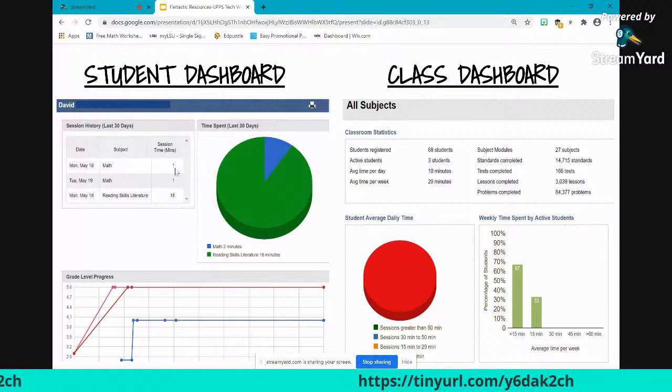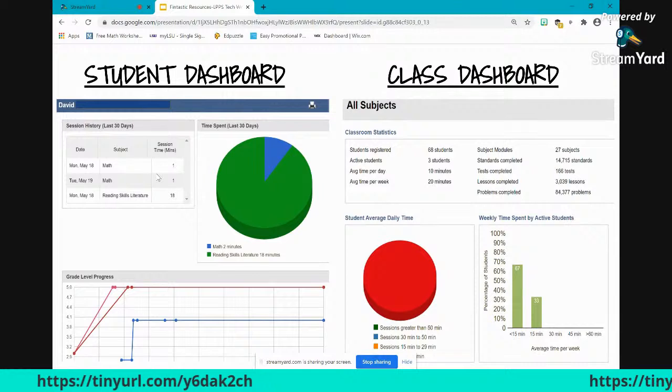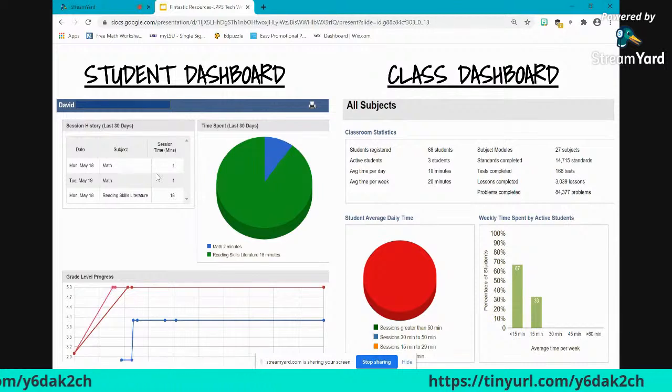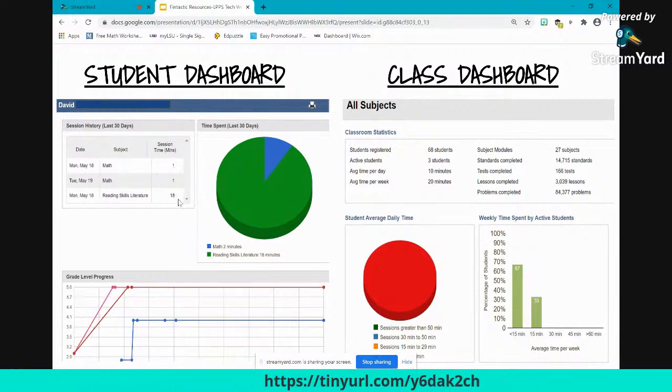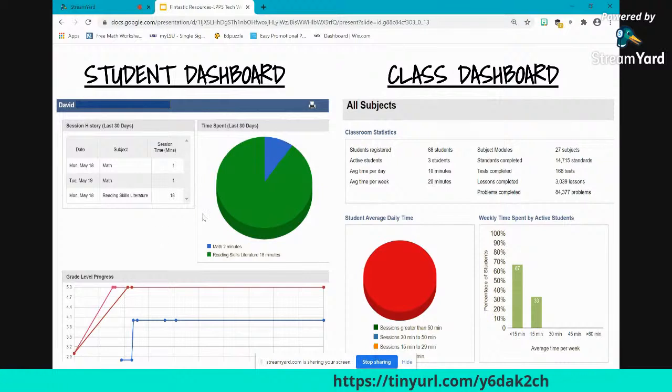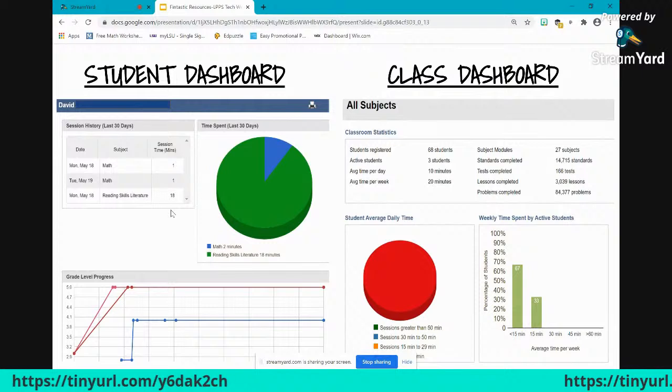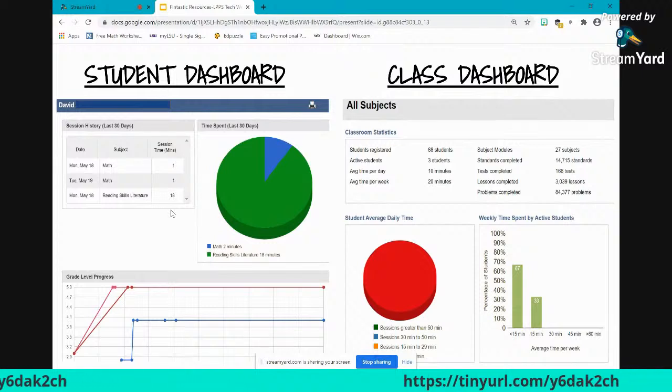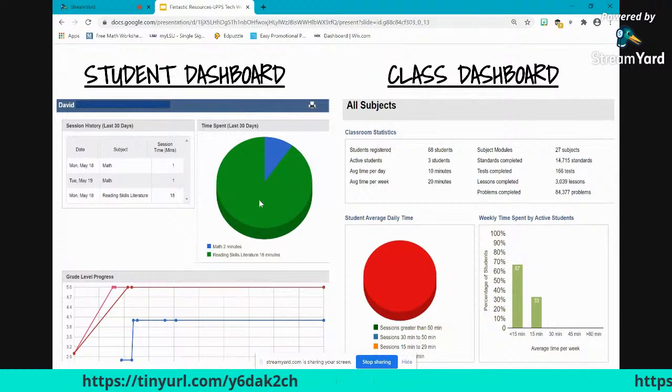So he logged into math, and he only logged in for a minute. So I'm thinking that he accidentally clicked it or something, because you can see he worked in reading for 18 minutes. So if a student is supposed to be working on something, you can log in as a teacher and see, oh, well, he was on social studies and he was supposed to be on science. You can see what they're supposed to be working on.